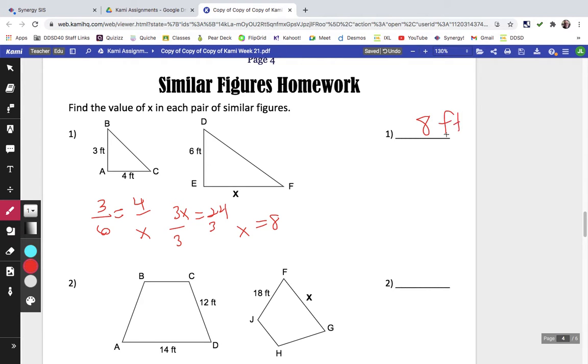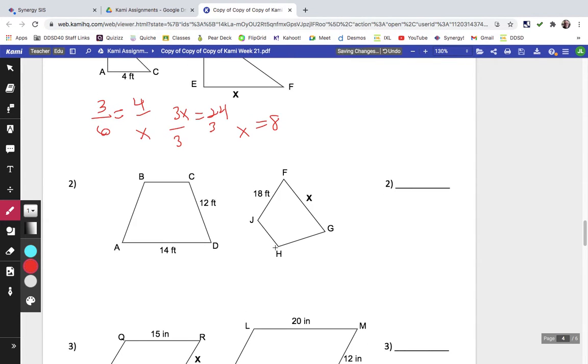8 feet. This one we have to be careful because it's been rotated, and that corresponds right there. So the x is going to correspond with the 14. So I'm going to use the small first. So we'll call that small, we'll call this large. So this is going to be x over 14. Those correspond, equals 18